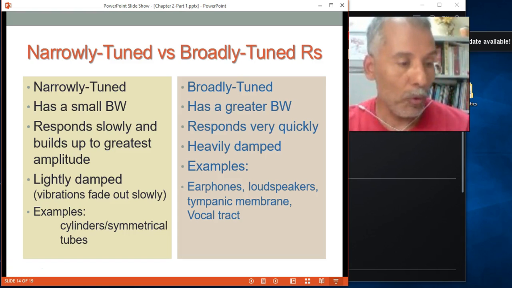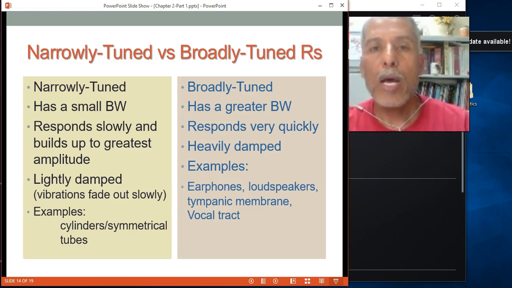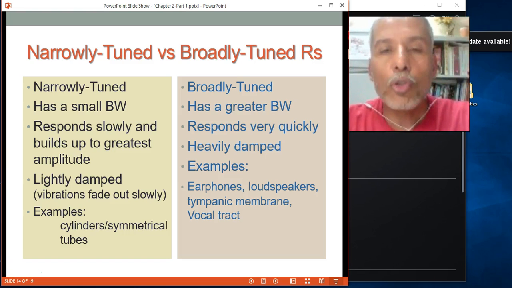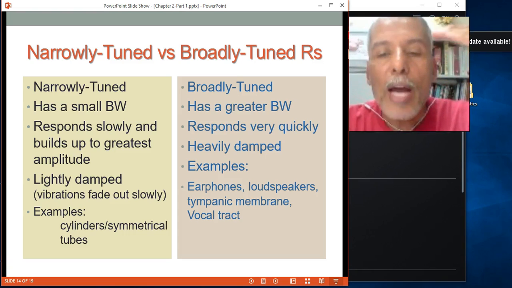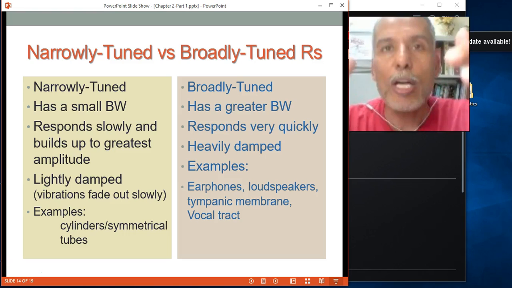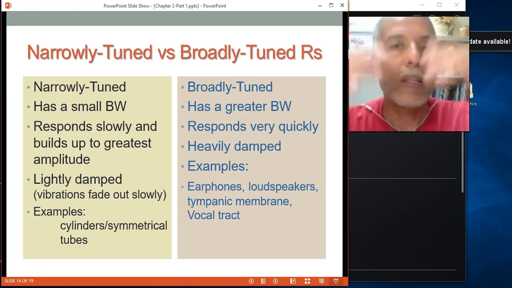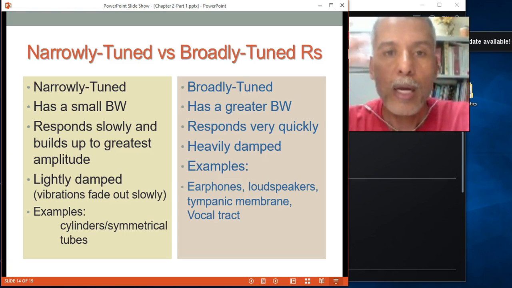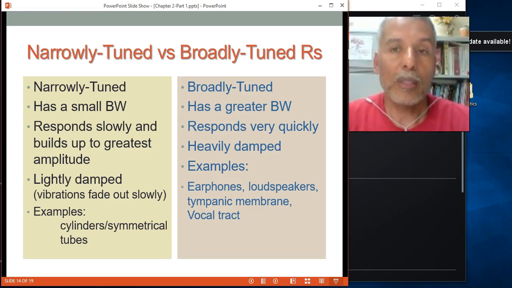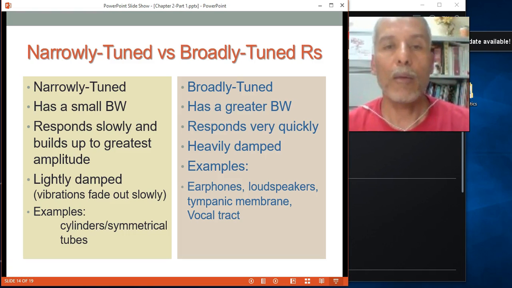Now, a few years ago was broadband, everything was broadband. It means it can give you so many frequencies at the same time. When you watch a game, whatever happens, at the very second that it happens, you see it right as it is. There is no delay. There is no delayed feedback. There is no mismatch between lips and the voice and all of that, because it has a broader band.